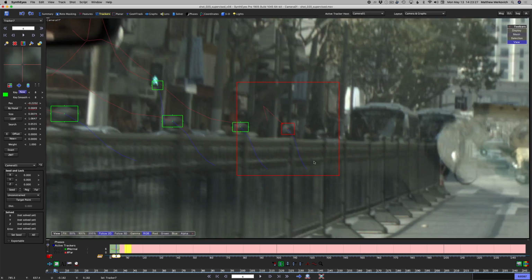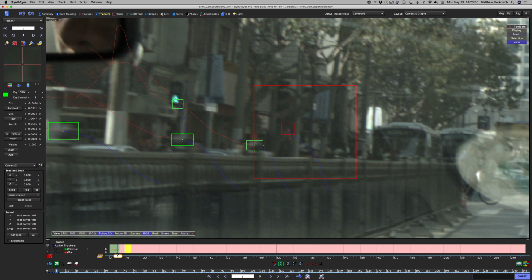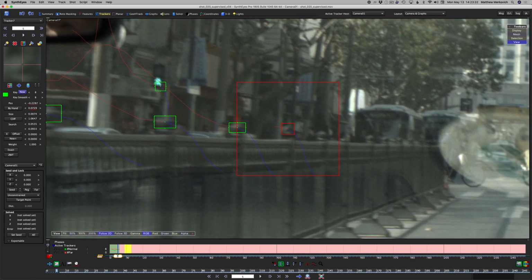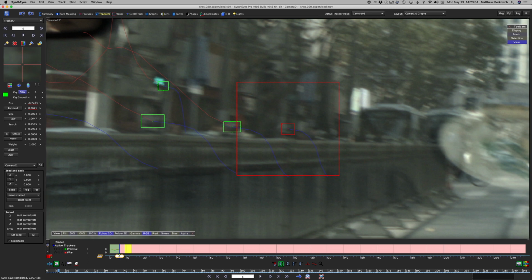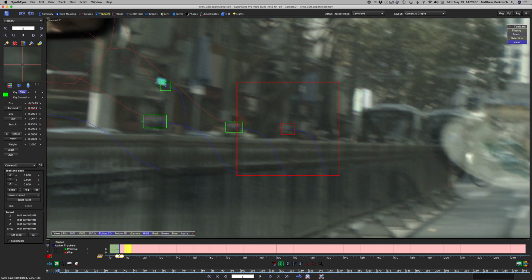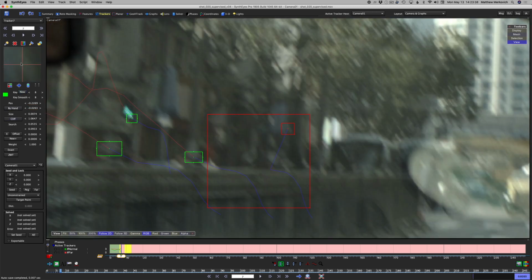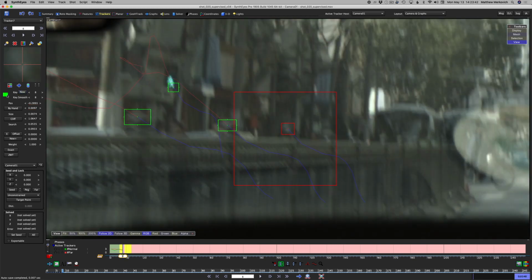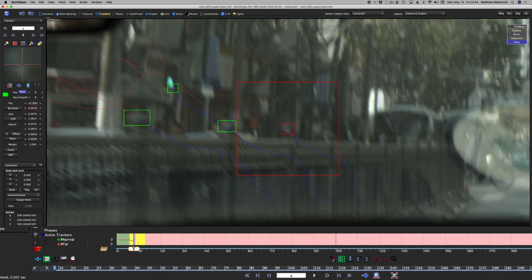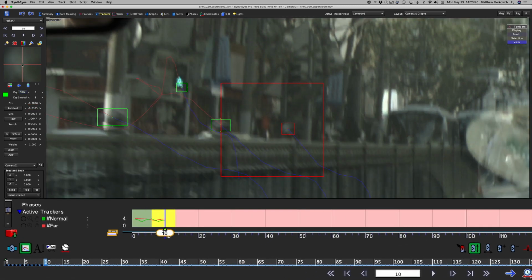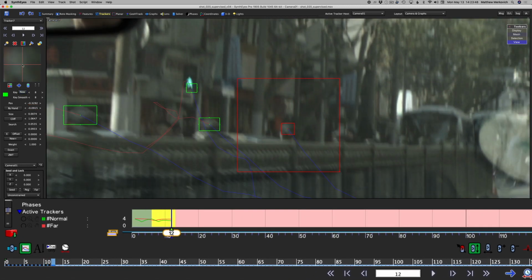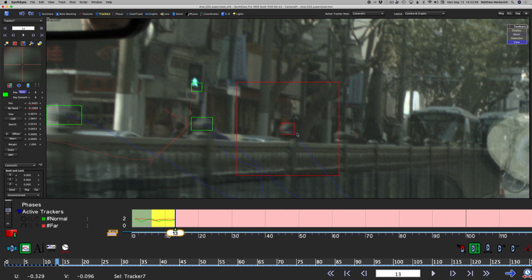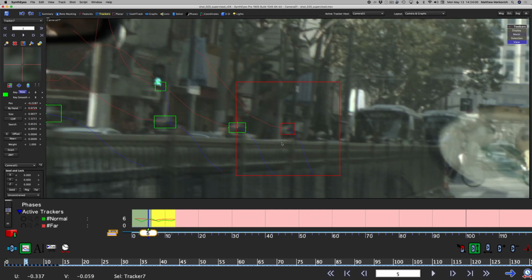So how does this look? Okay, let's just track forward. All right, I'm gonna get through these a little faster. I wanted to get up to this point. We're gonna end off on this tracker. The reason I wanted to get to this point is because now we can see, if we look in our graph editor at the bottom, you can start seeing green coming in. That's gratifying. That's just gratifying. To see progress being made